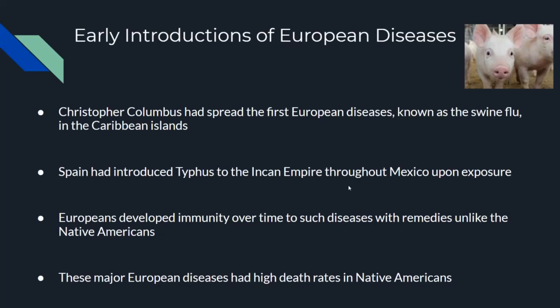The very first disease to come to the Caribbean islands brought by Christopher Columbus was a specific variant of influenza known as the swine flu, which was initially brought by the pigs from the Santa Maria, Pinta, and Nina brought over to the New World. They released these pigs into the wild so that they could fatten up and be hunted again for a larger quantity of meat. Later on, in areas such as Hispaniola and Cuba in 1518 and 1519, typhus had also broken